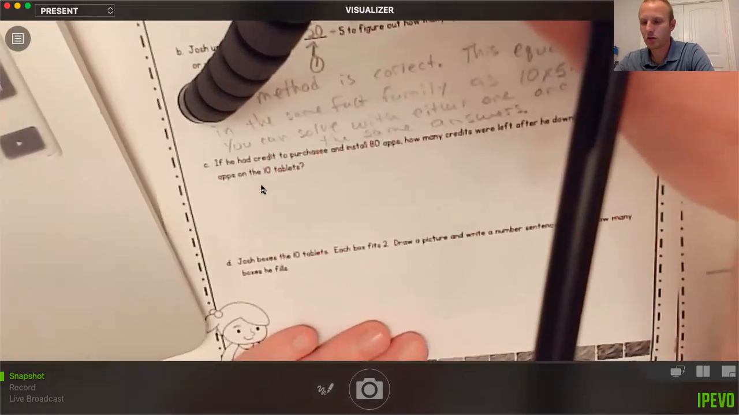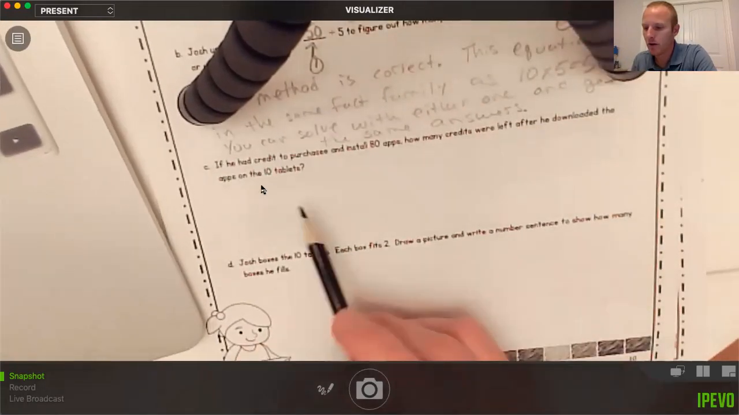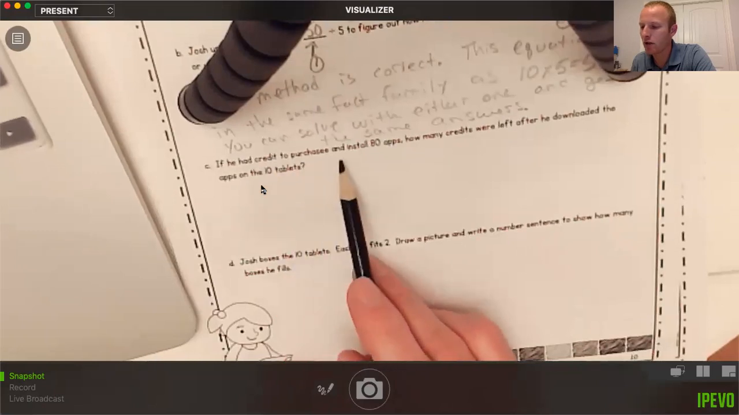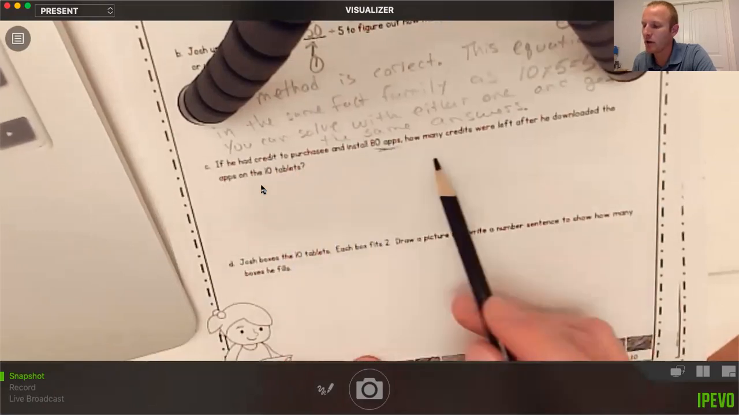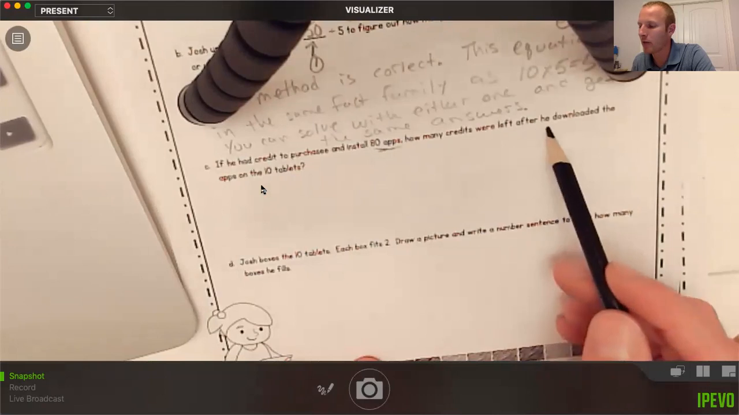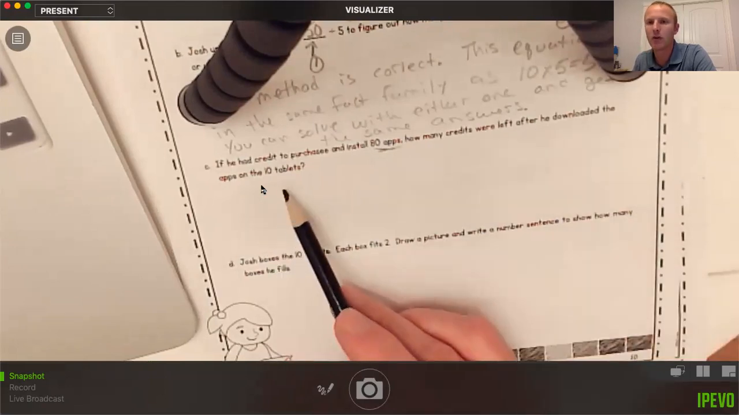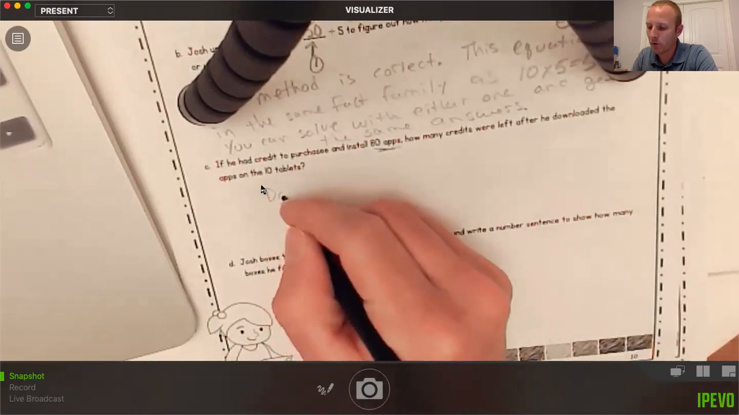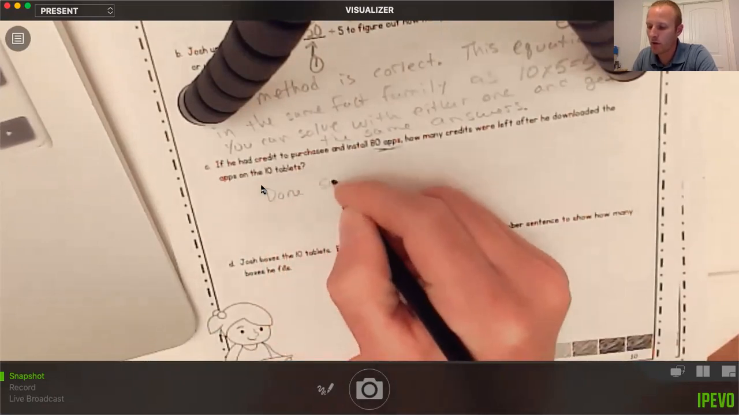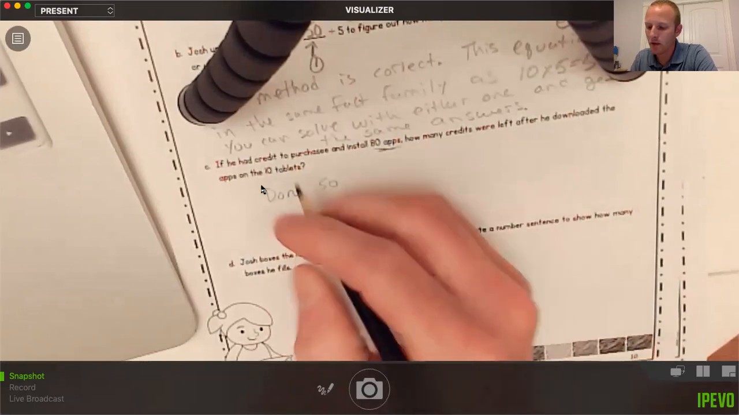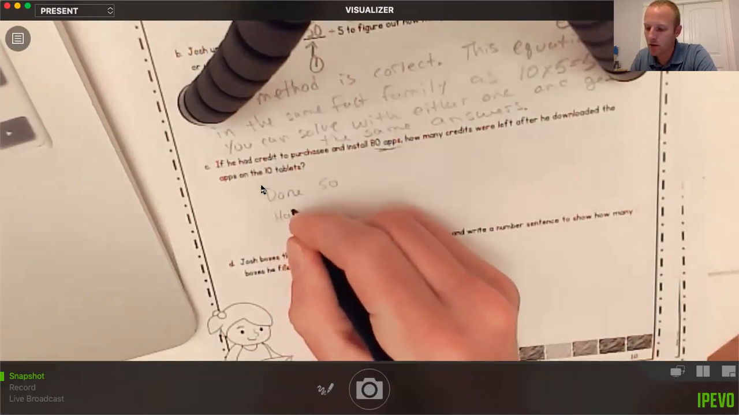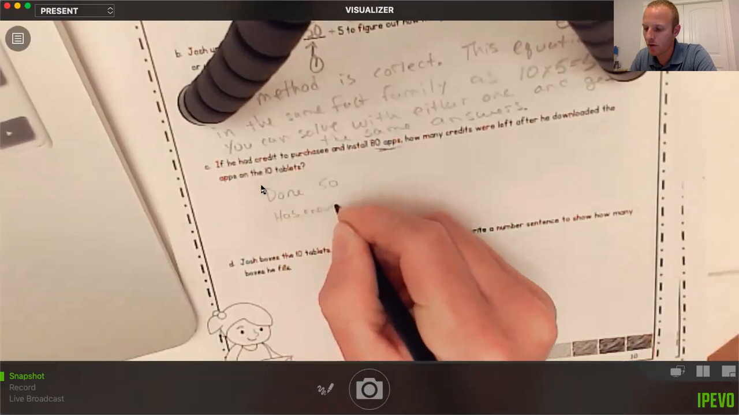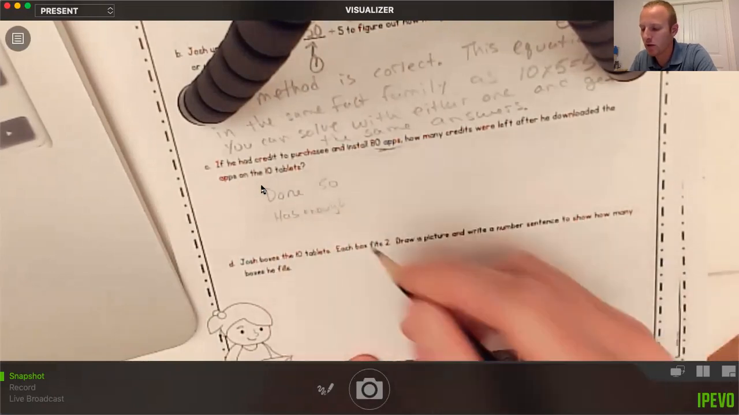And last 2 sections here. It says, if he had credit to purchase and install 80 apps, how many credits were left after he downloaded the apps on the 10 tablets? So we know that he's done 50. I'm just taking a few notes here. He has enough credits or money